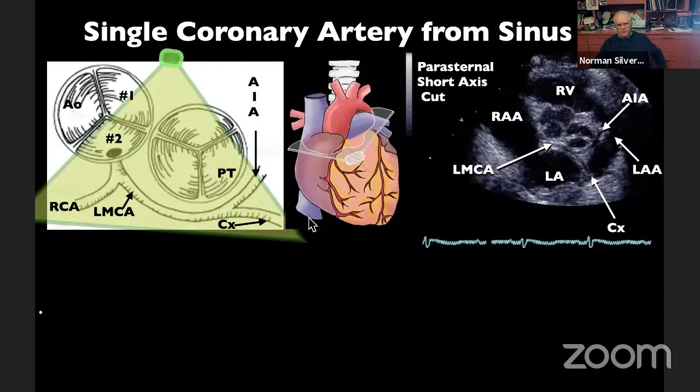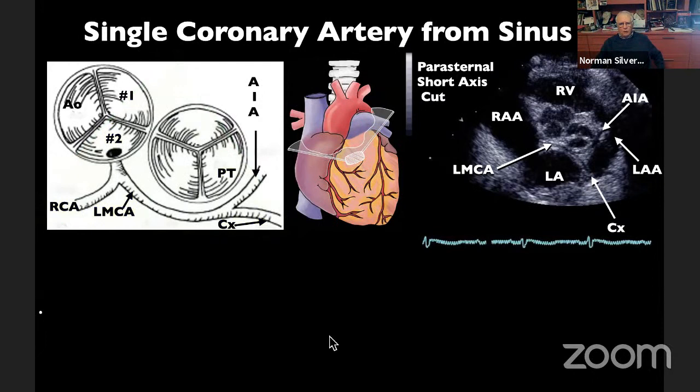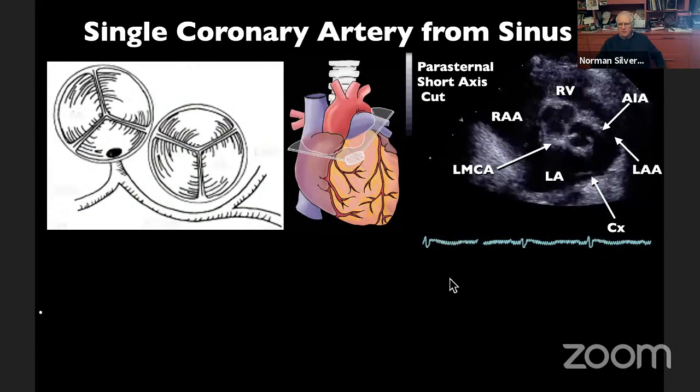Now, the next commonest anomaly is a common orifice from the sinus over here. And this is a cartoon drawn by Dr. Terry Tacey from a paper we wrote together on identifying coronary arteries in transposition. And here you can see the left main coronary artery, and it bifurcates and runs forward as the anterior interventricular and heads around the orifice of the annulus of the valve as the circumflex coronary artery. And you will also notice, in addition, unlike the drawing here, where the commissures are aligned, that the commissures are malaligned in this particular example, and we'll get to that in a moment.